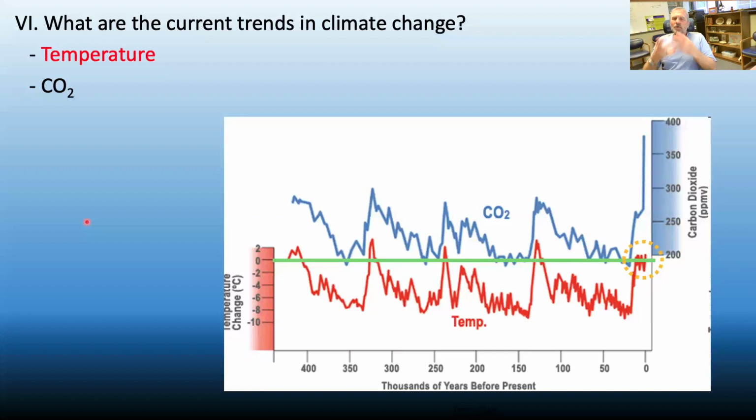All right, so what are the current trends? Well, when you look at temperature, this graphic down here, I've circled where we are now. So this is kind of the end of that. We're only going back here about 400,000 years, so about half of what some of my earlier graphs showed you. But you can see here we are right down here on the end. So here's our temperature profile, and it's fluctuated during this time. There's been quite a bit going on. But here, again, we're going back right here. You can see where zero is.